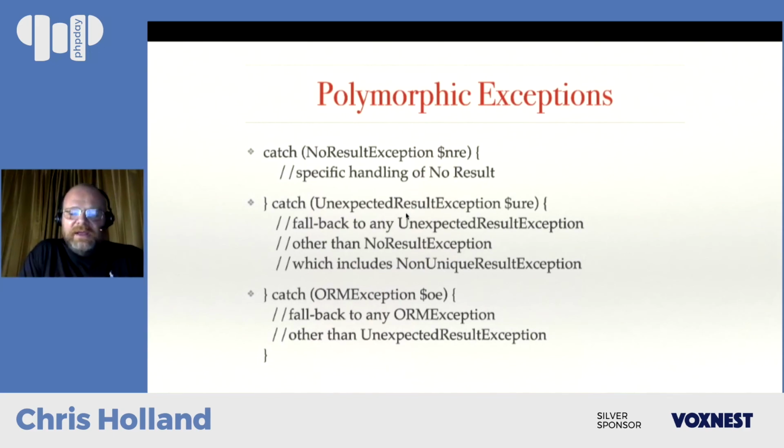And this is where you can put code that is even more generic, right? You could throw some kind of an exception that says application exception, please try again later, right? It could be something like that. You could log it and then throw some generic exception, which would indicate to the user that they should try to come back later. So that's how you can leverage polymorphism to catch exceptions based on the different types.